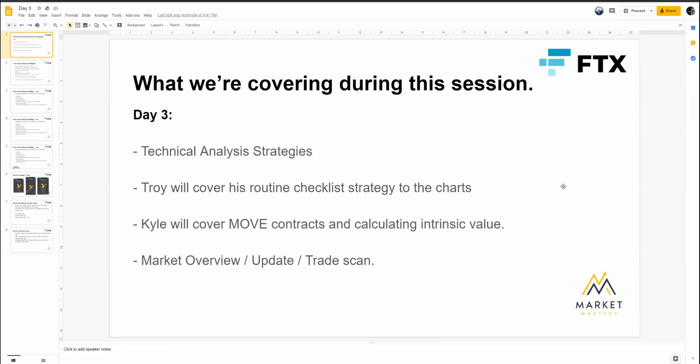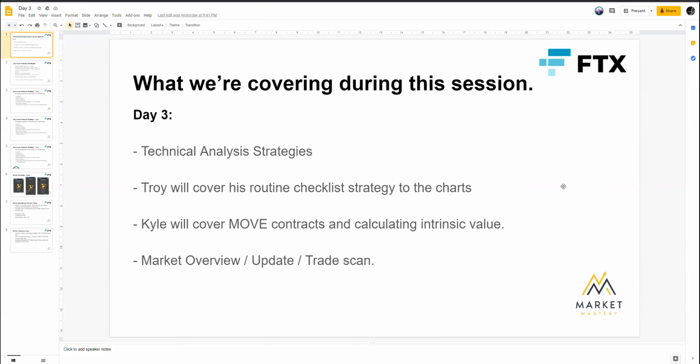It should help you guys to start to learn how to pick up your own trades, not just have to rely on me and Troy. And hopefully if you guys find some good trades, you can send them to me and Troy, we can take them too. Right, after that, I'm going to be covering off the move contract, which is basically an options contract,